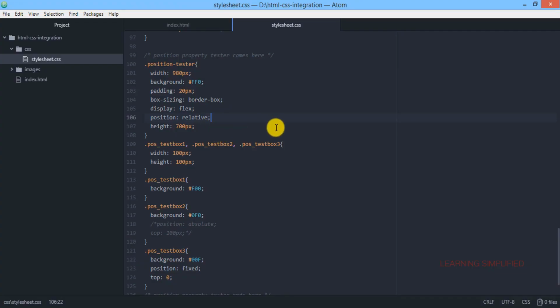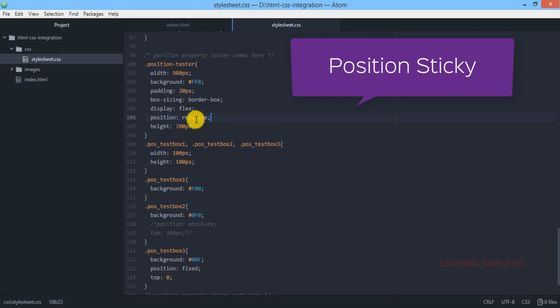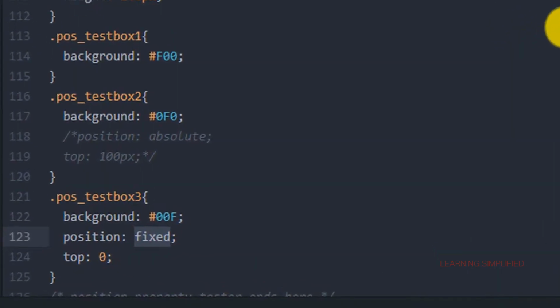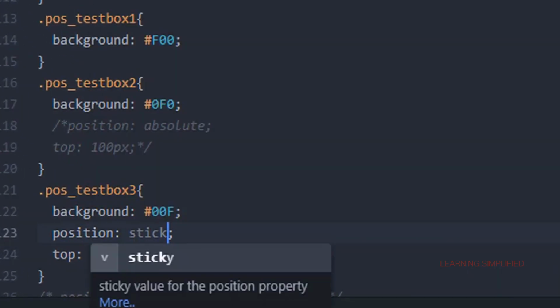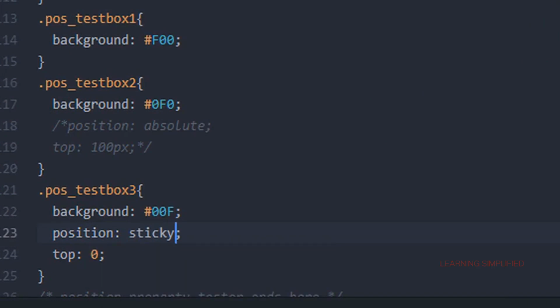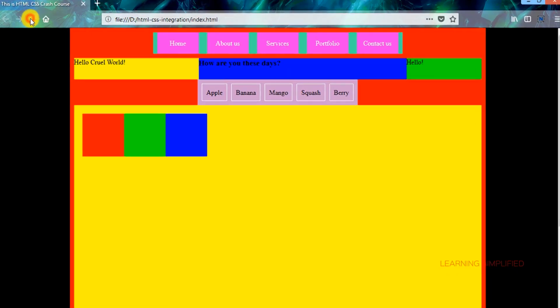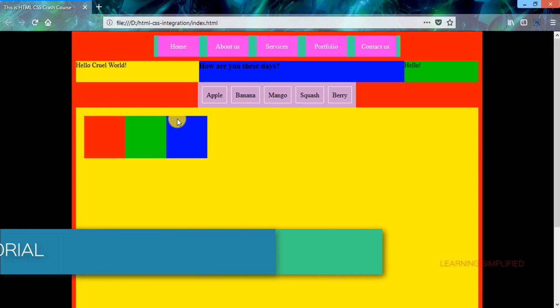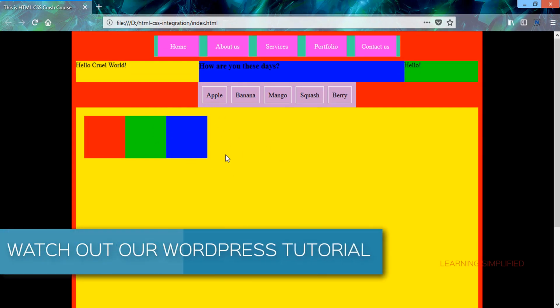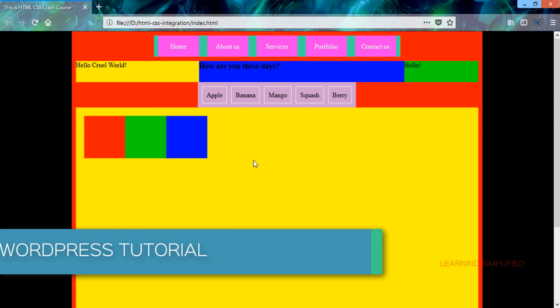Now in the last case, we are going to define this position sticky. So that is what we are going to do. In case of this blue box, we are now going to make this position sticky. Getting back to our project and reloading, we can see that the blue box is again back to its prior position that we had provided earlier. But if we scroll, we can see that the blue box is now static to this top 0 position, and the rest of these things are scrolling out.